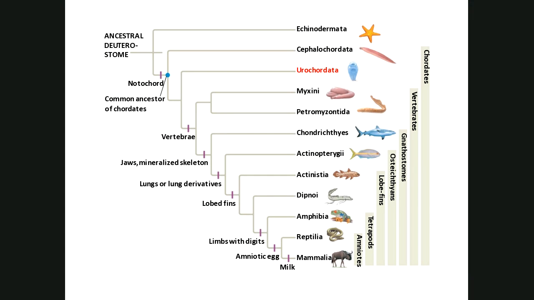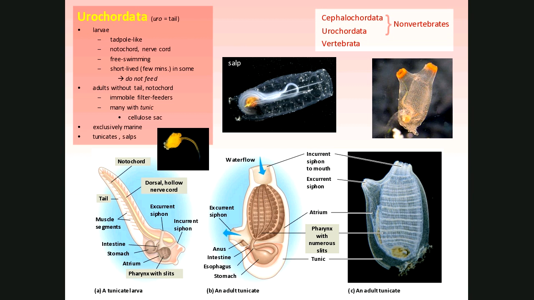Same thing with the urochordates, all right? Urochordates are the tunicates I was talking about. The word tunicate comes from the fact that very often tunicates are wrapped in a sac, many times made of cellulose. There's some interesting convergent evolution, isn't it? All right, a sac wrapped in cellulose, just like we see in plant cells.